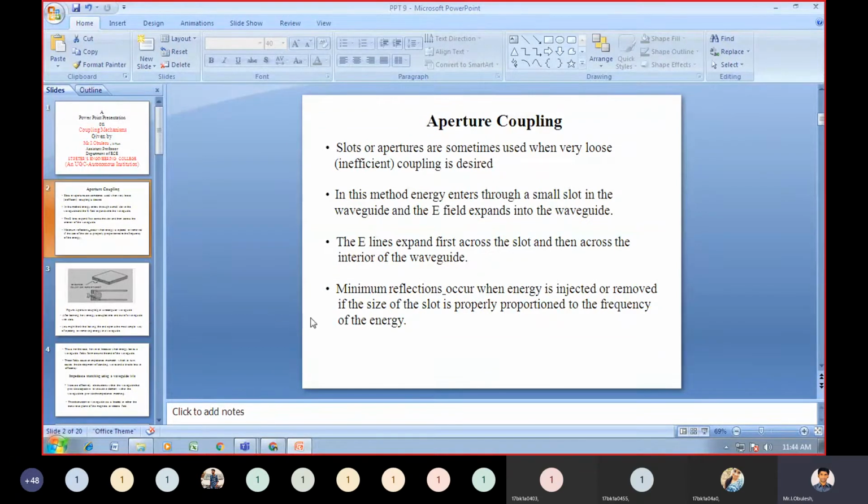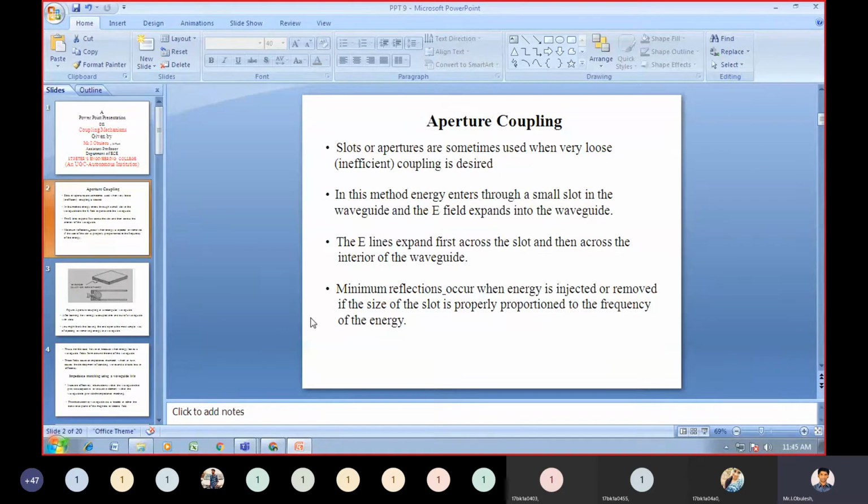And the minimum reflection occurs when energy is injected or removed. A minimum reflection occurs when the energy is injected or removed from the waveguide,